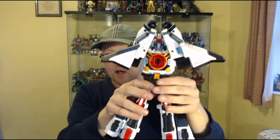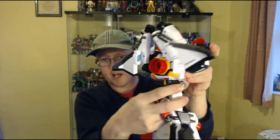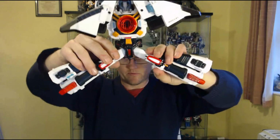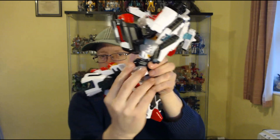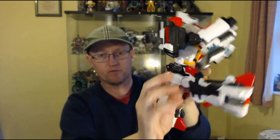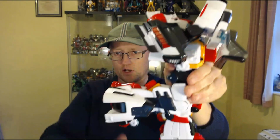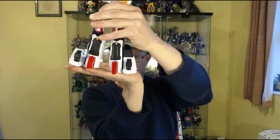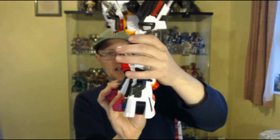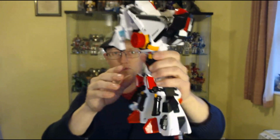Moving down to the legs. He does have a waist joint, it's part of the transformation. Obviously it locks at 180 degrees. The hips go out like that. They go back that far, forward that far. No swivels. You've got a knee that goes to 90 degrees, and he's got a little bit of a cut on his feet that gives him a neutral A stance. So yeah,